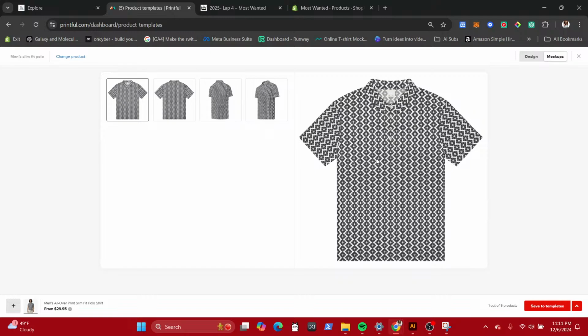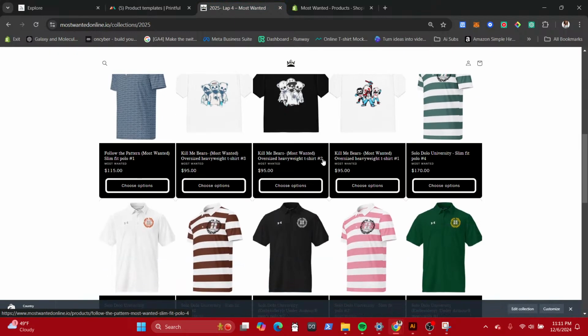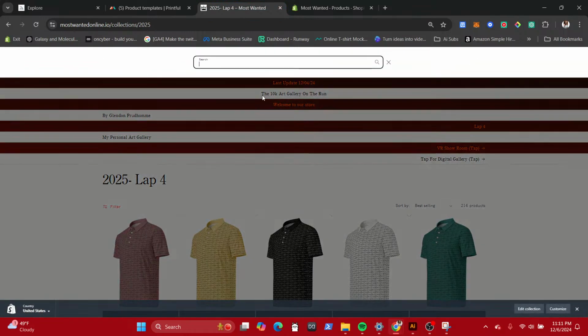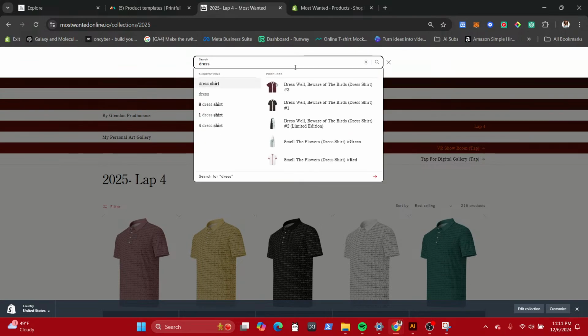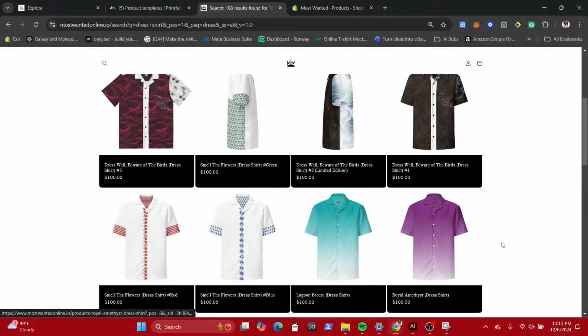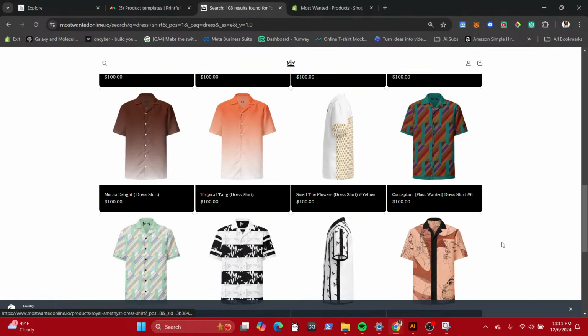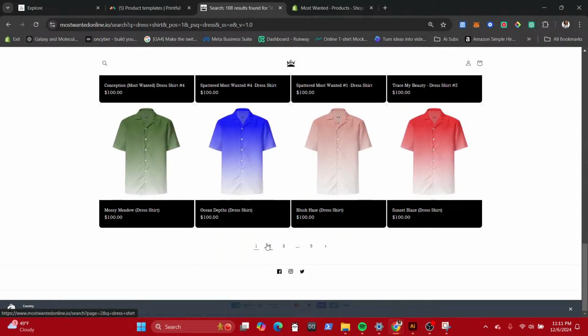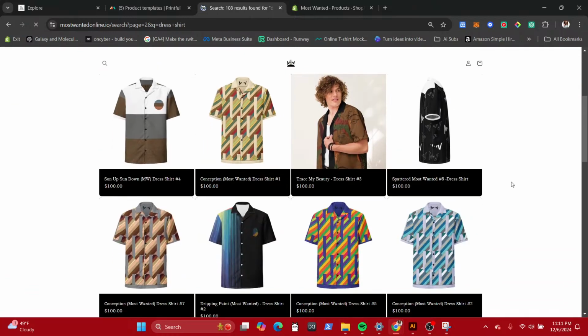But yeah, these are like casual shirts. But down the road, I'm gonna do shirts like the one I'm wearing. So if you want to see me do designs like this, I've done designs like this on dress shirts, and those are fire actually, because again, you have to be on YouTube to actually see what I'm looking at. So dress shirts. So when I did these, where are they?